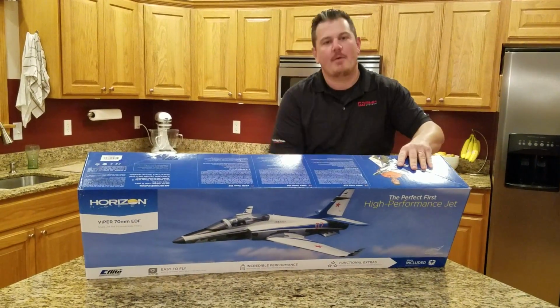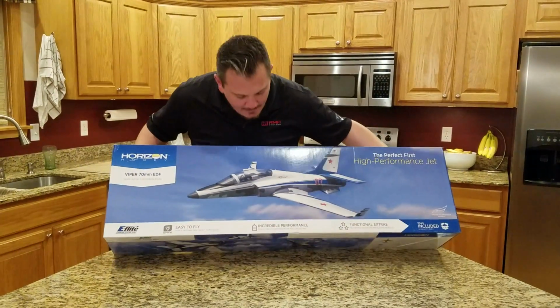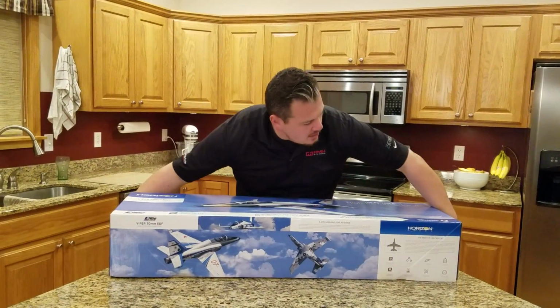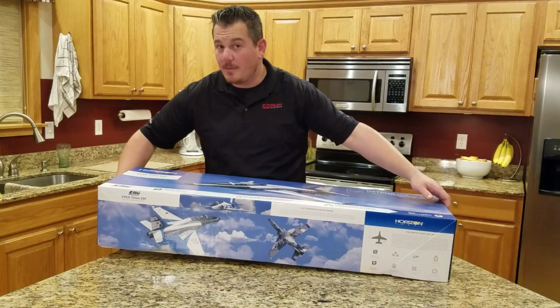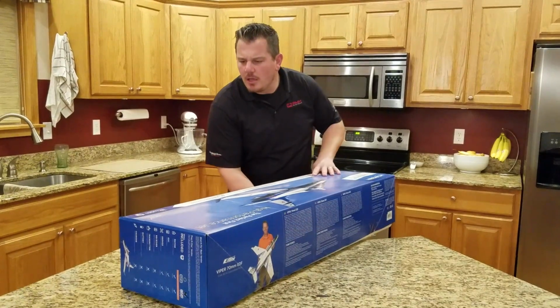70mm EDF. Hey, we gotta stop and do the pose thing. Hold on, so we can do. This is gonna be good. This thing has safe select. Not that I particularly need safe select at all, but some of you guys that are getting into flying, you may actually,